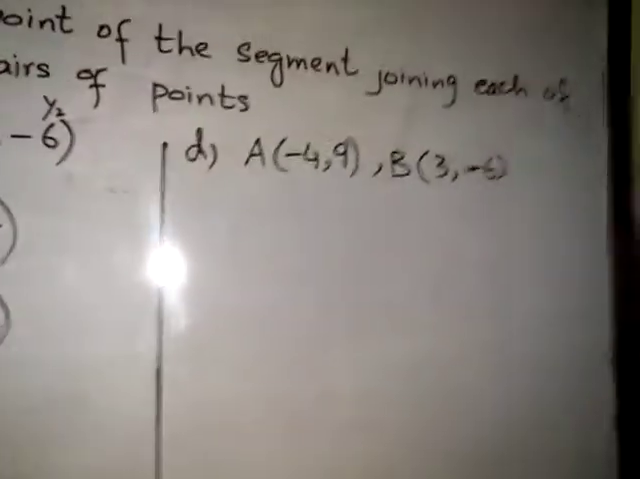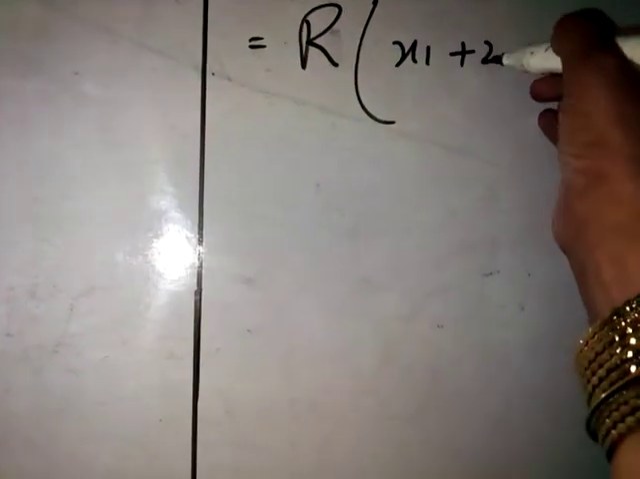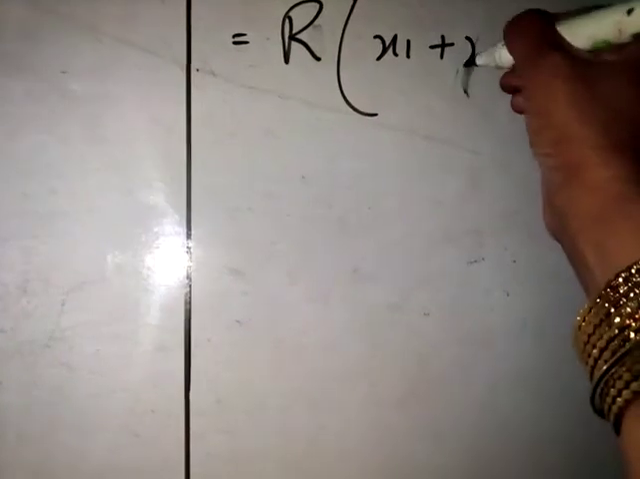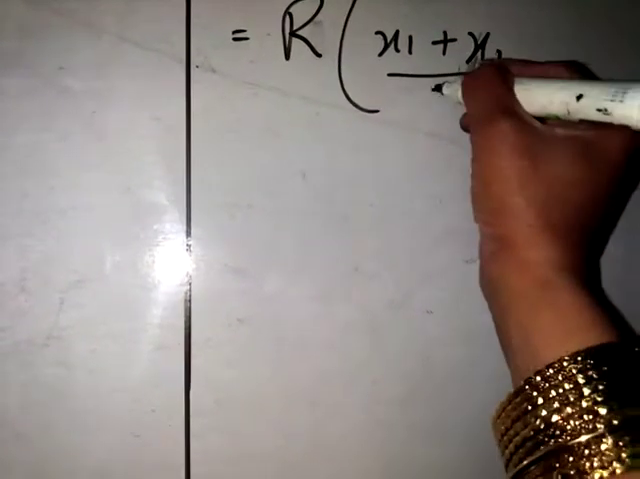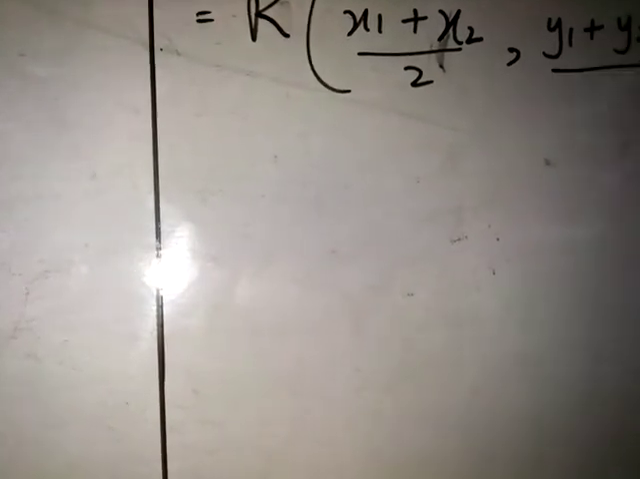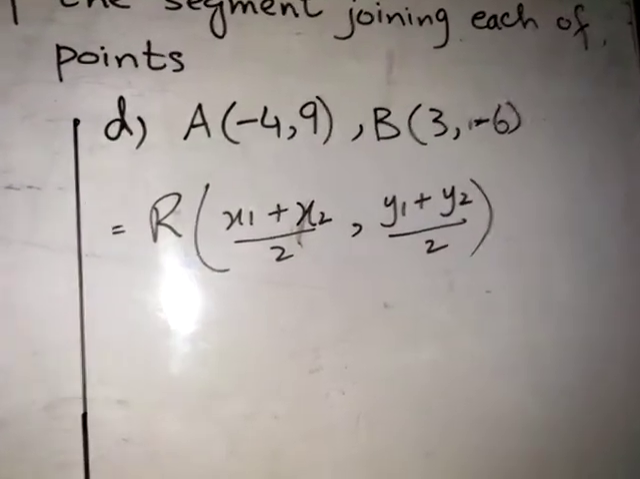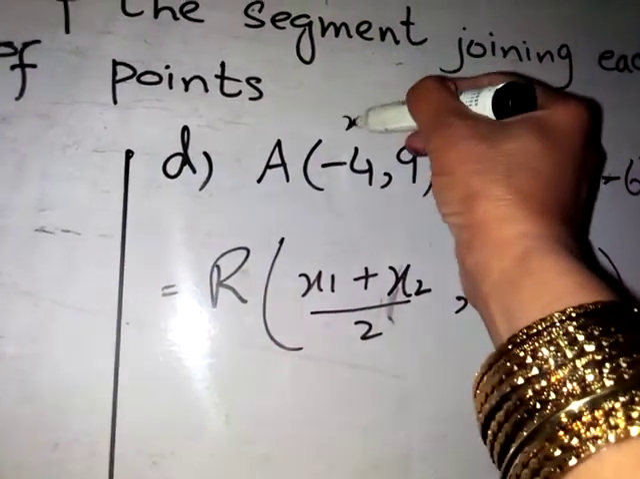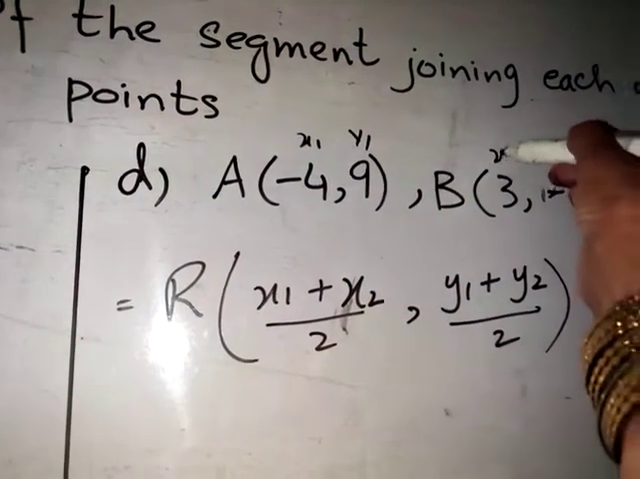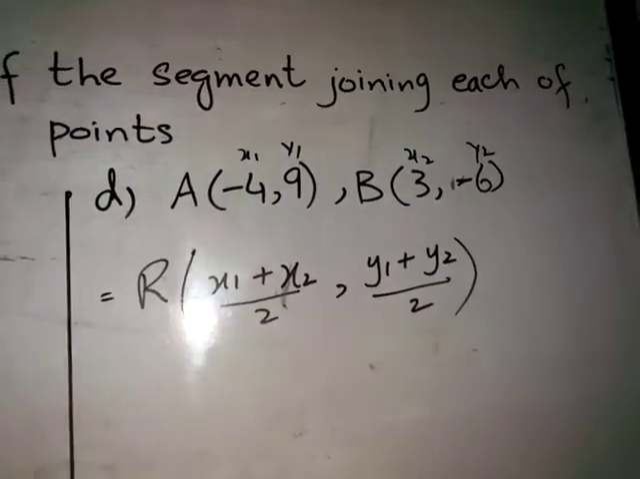Now we will solve part number D. Again write the midpoint formula, which is (x1 + x2) by 2. In each question we will write the formula. It is very compulsory. It has marks in the board exam. So we will write here the formula, and you know very well it is x1, y1, x2 and y2. Naming them